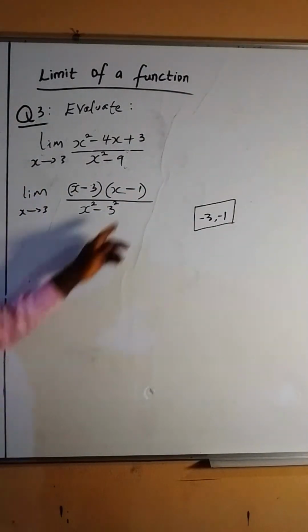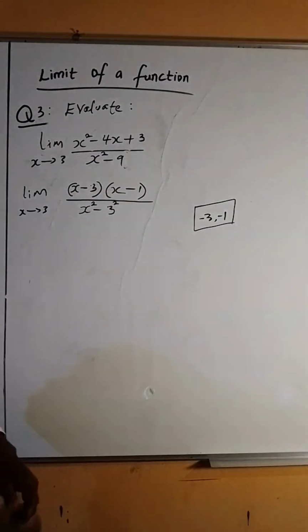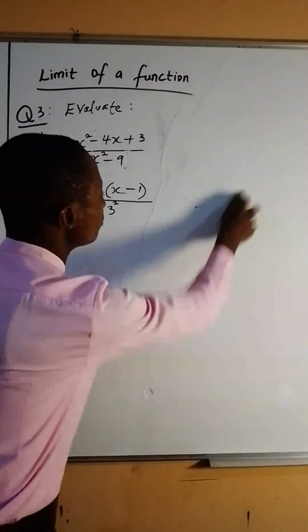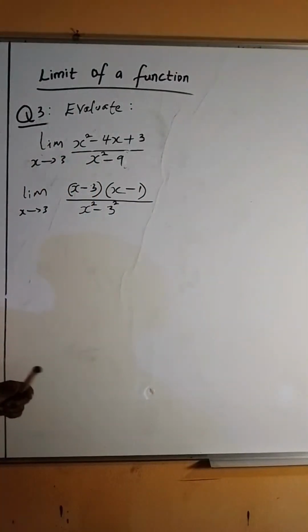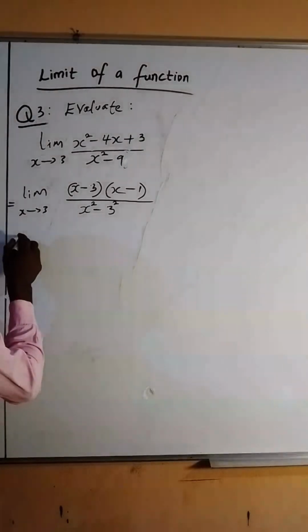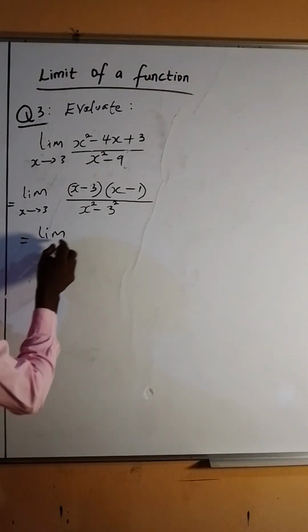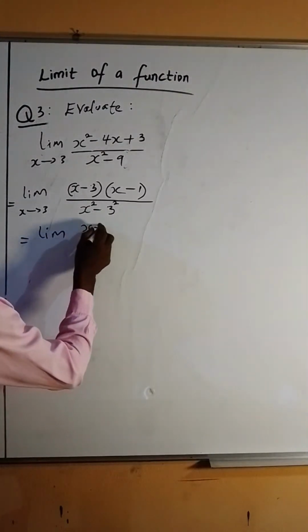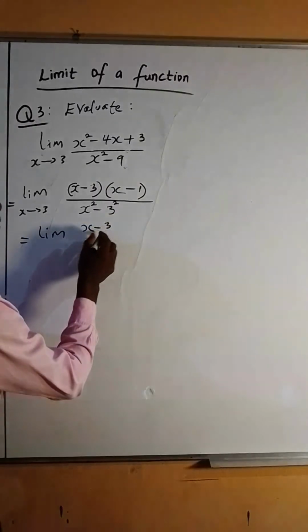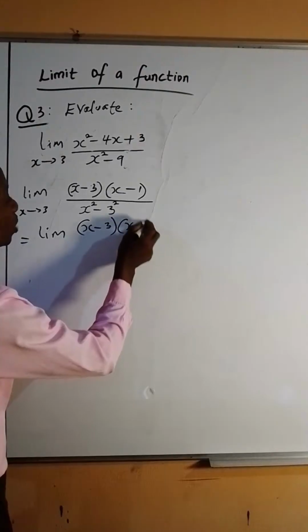Since we have gotten what we are looking for, we can let this one go now. Then we continue with our evaluation. We have the limit of x minus 3 in brackets, then x minus 1 in brackets,